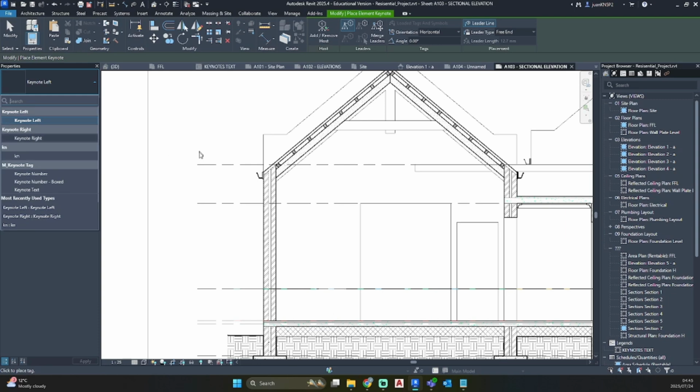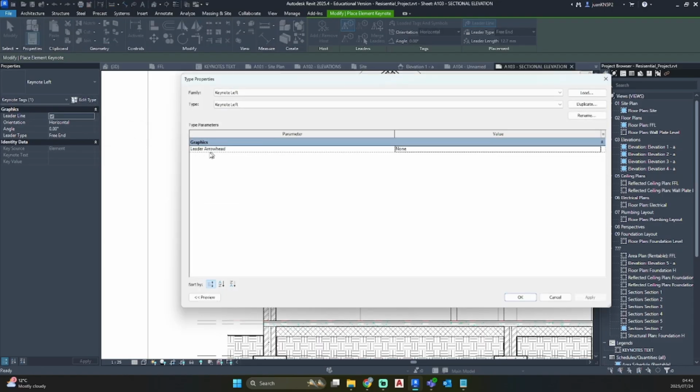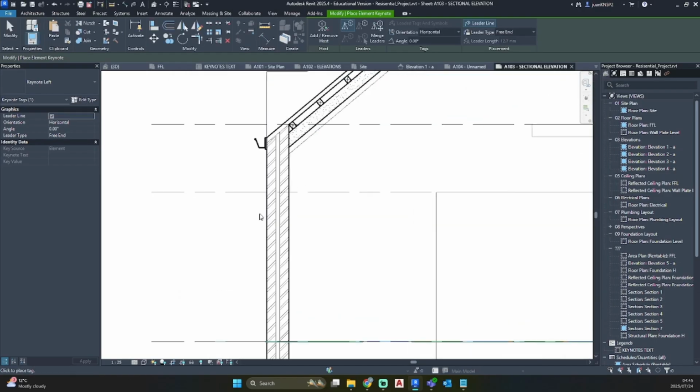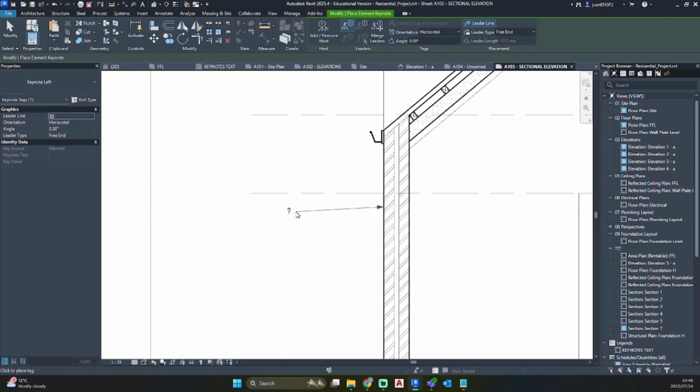I want to work on my left hand side of my drawing. So let's use keynote left. I'm going to go edit type. So I want to add a leader arrowhead. Let's see what we have in the project. So I want to use arrow filled 30 degrees. I need to apply and OK. Now you can see a little question mark popping up on our drawing. So I'm going to select my wall and just drag and click, because that is our leader that we have created for the first and second click.